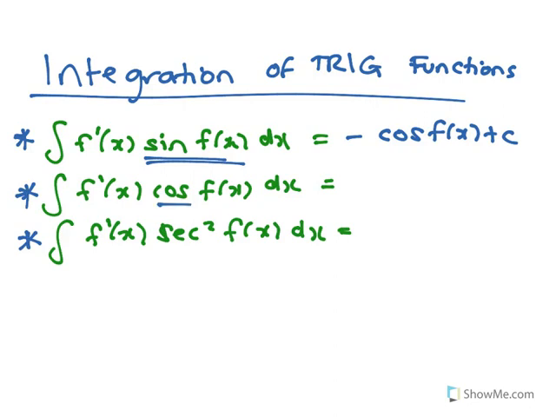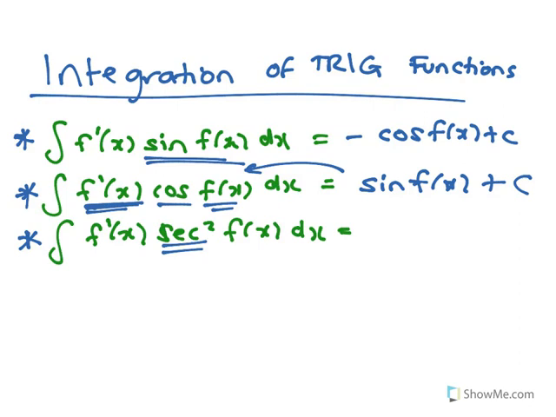The integral of cos, so when you integrate cos, it's got the f dash x next to it. So cos of f of x times f dash x will go back to sine f of x, because if you remember, when you differentiate sine it goes to cos and then times the f dash x, so we're just going backwards. If you integrate sec squared